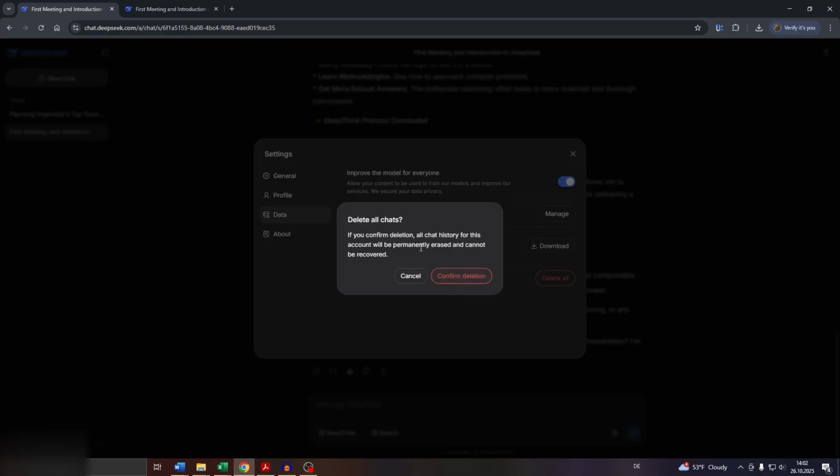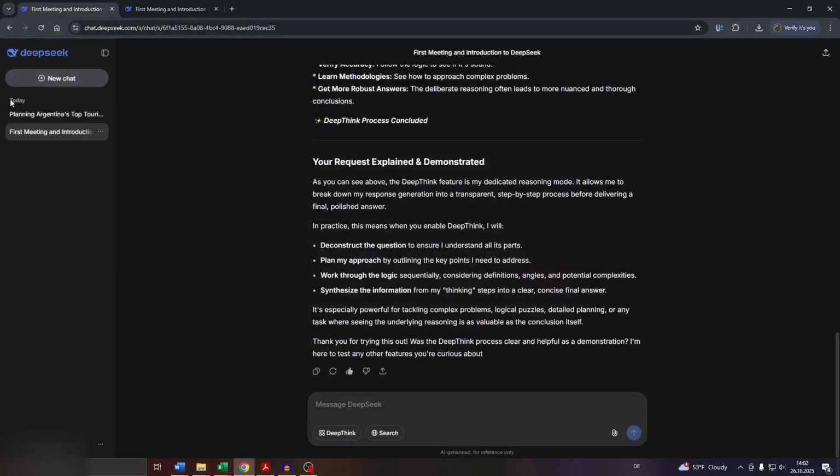on this button. Just bear in mind guys that this can't be undone, so once these chats have been removed you won't be able to recover them, so they will be gone permanently, as well as your entire chat history